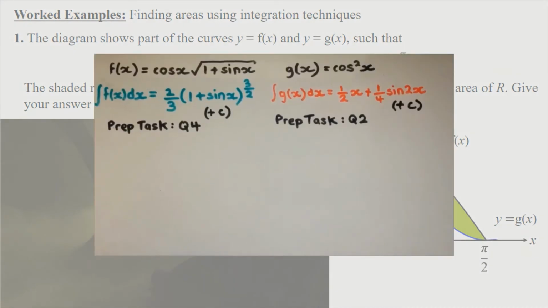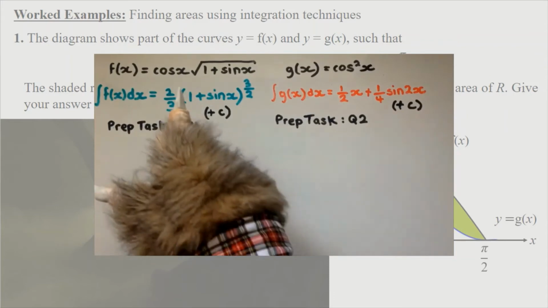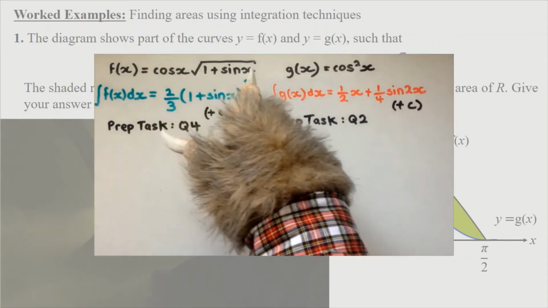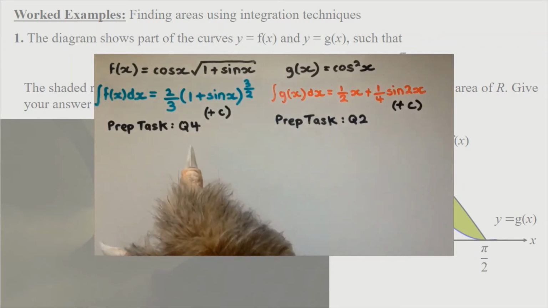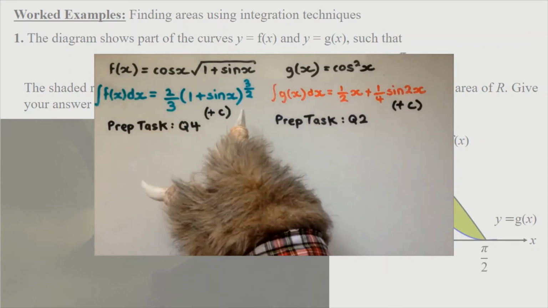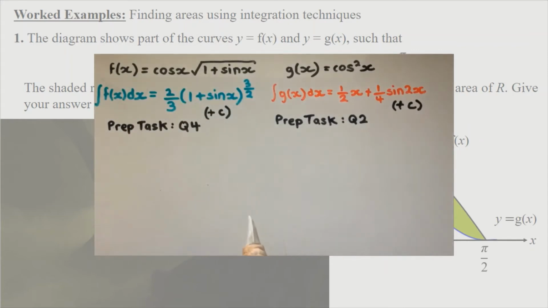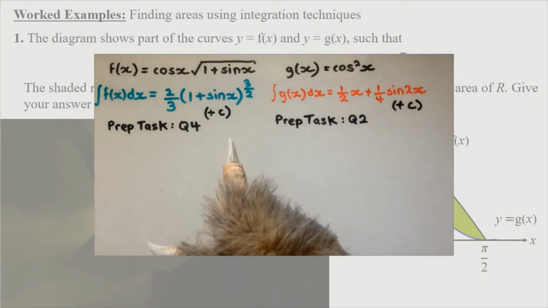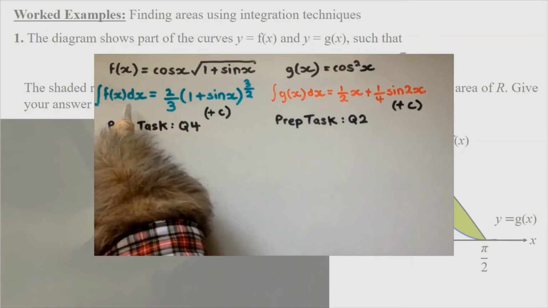This example draws again from work you did in the preparation tasks. You're given two functions, f and g. f of x, cos x multiplied by the square root of 1 plus sin x. This was question 4 in the preparation task. You were asked to integrate this with respect to x, and I've just jotted down the result here for reference, and I put a plus c in there as well. We're going to be carrying out a definite integral, so that won't be necessary,